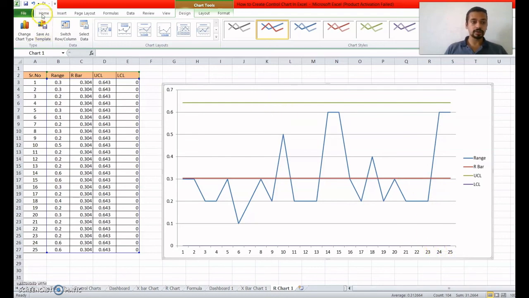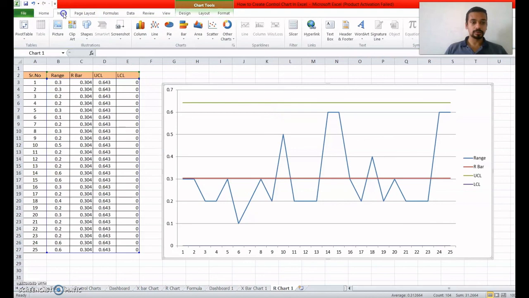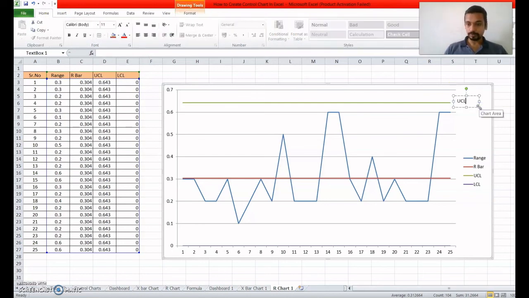So you can write it here as well. So insert, and text box, and here you can write upper control limit, and you can copy this, paste here.